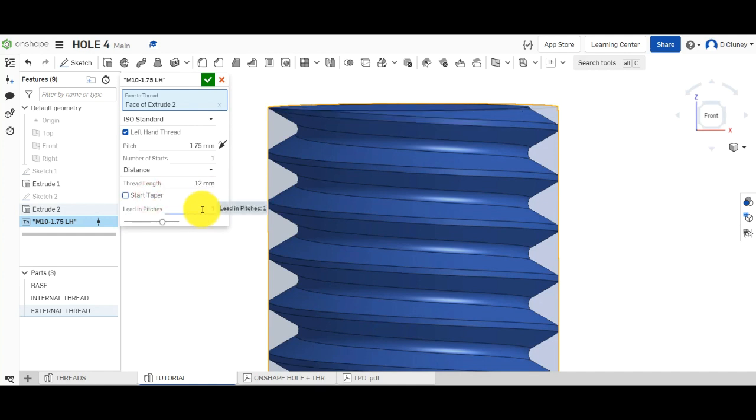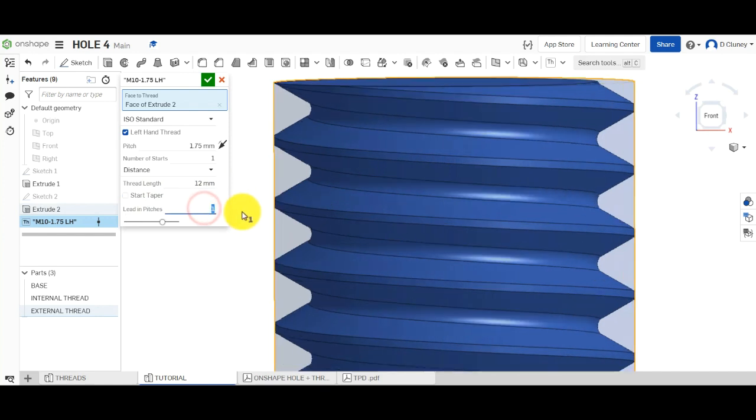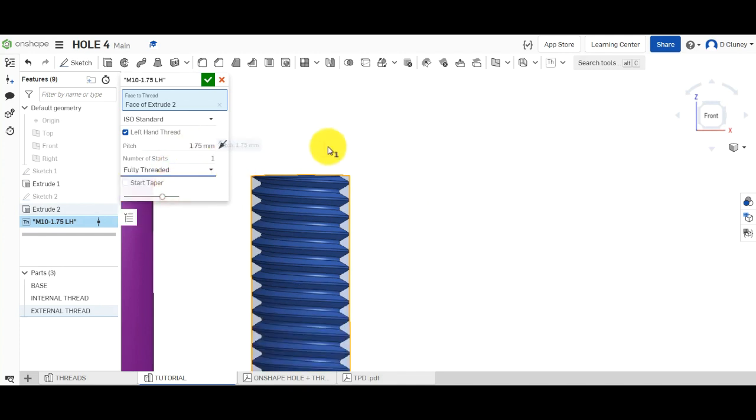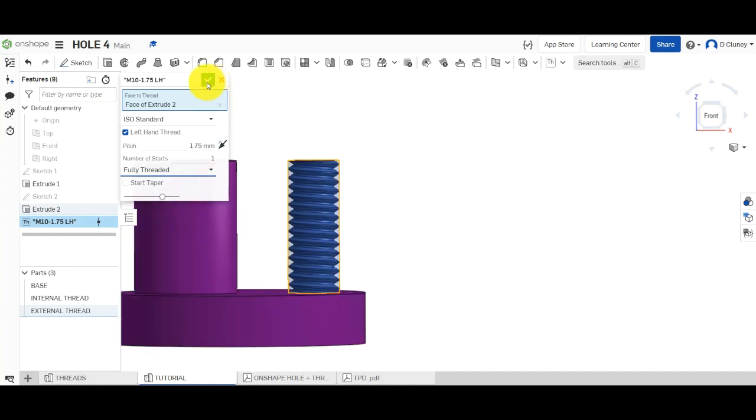Alright, and then leading pitches, again depending on, as we've said, you can put in 2 there if you want to use like a standard, or you can leave it as 1. So on that, I'm actually going to change that to fully threaded, 1.75 is fine. And click tick, and it's working out that it's M10 because